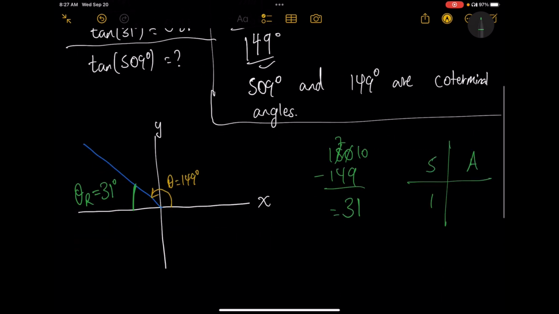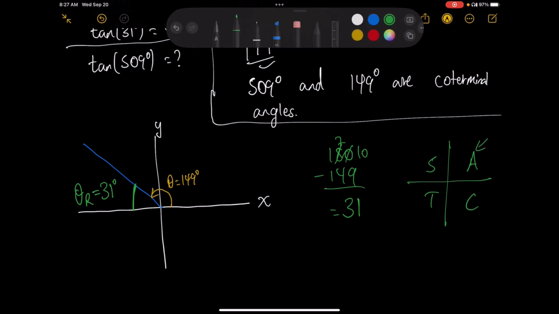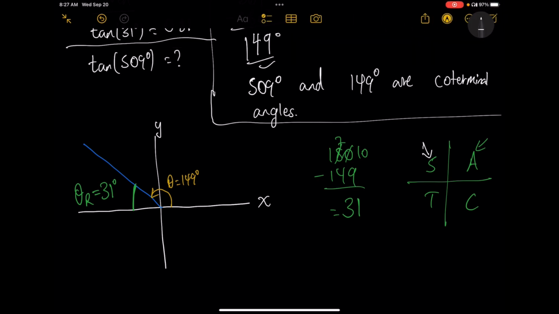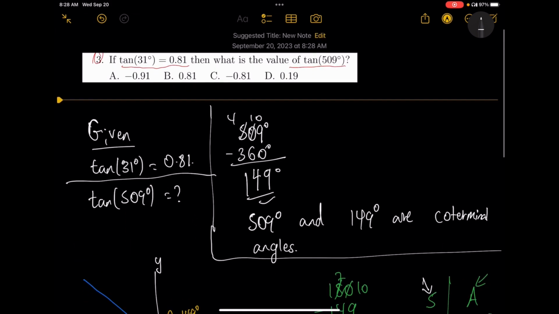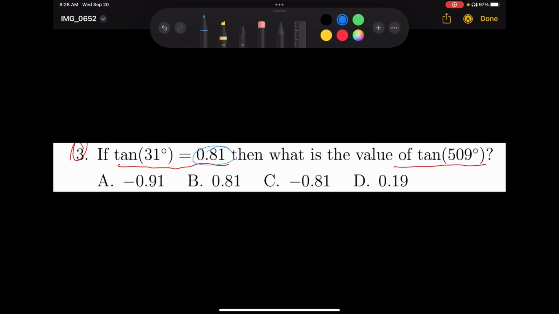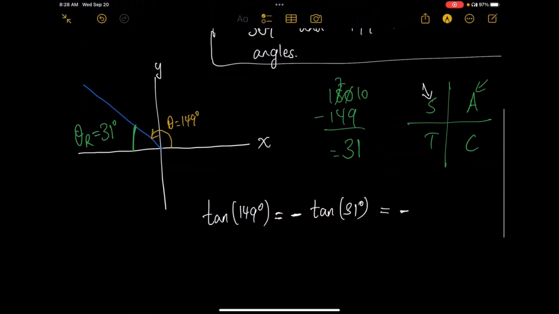ይሄን ደግሞ ኦል ስቱደንትስ ቴክ ኬሚስትሪ የሚለው ሳይኖችን ነው የሚነግረን። ኦኬ በፈርስት ኳድራንት ውስጥ ሁሉም ትሪግኖሜትሪክ ሬሾስ they are positive, in the second quadrant sine is the only one that is positive። ለዛ ሳይን ብቻ ነው ፖዚቲቭ፣ ሌላው እንዳለ ኔጌቲቭ ነው ማለት ነው። ለዛ tan of 149 ከኔጌቲቭ tan of 31 ዲግሪ ጋር እኩል ነው፣ ለምን in the second quadrant sine is the only one that is positive, tangent is negative። ለዛ እቺ ኔጌቲቭ ዋን ነው ያስቀመጥኳት ማለት ነው። ኦኬ ለዛ tan of 31 ደግሞ ስንት ነው? it is given, it is 0.81። ለዛ እሷን አስቀምጣለሁ ማለት ነው፣ ኔጌቲቭ tan of 31።